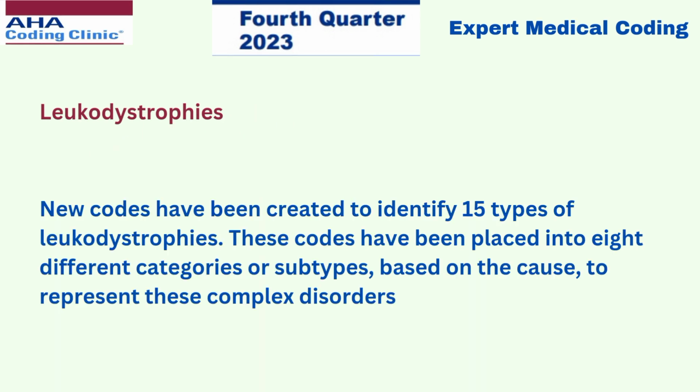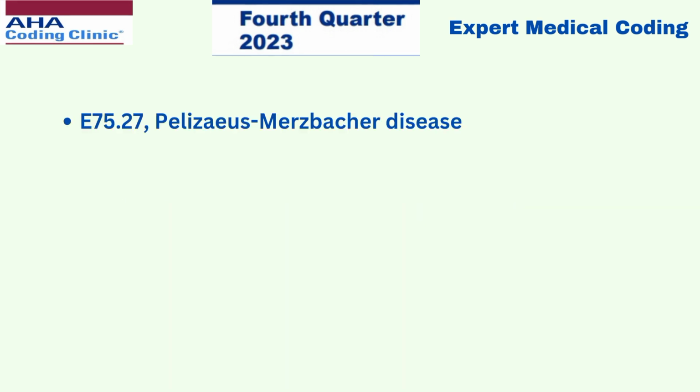New codes have been created to identify 15 types of leukodystrophies. These codes have been placed into 8 different categories or subtypes based on the cause to represent these complex disorders, and they are E75.27 Pelizaeus-Merzbacher disease, E75.28 Canavan disease,